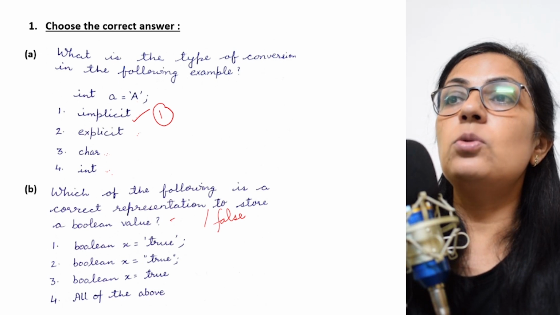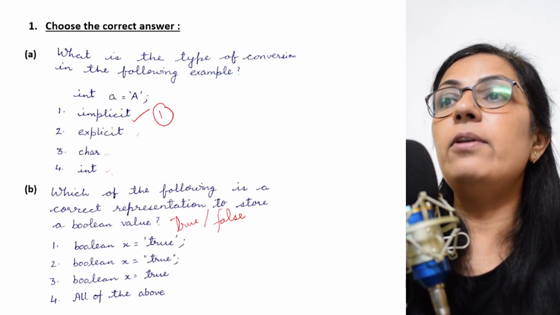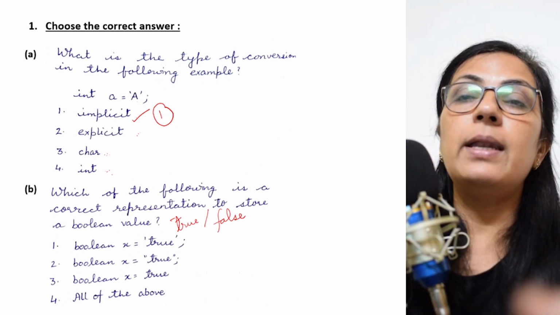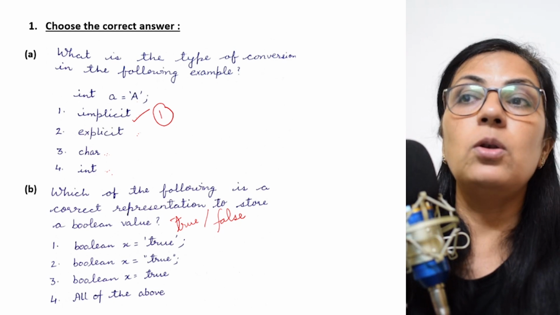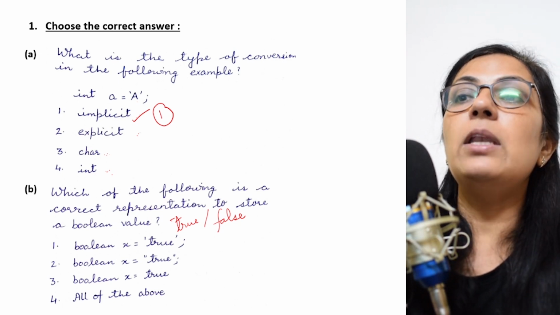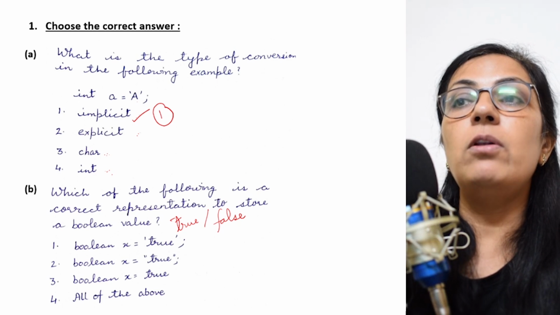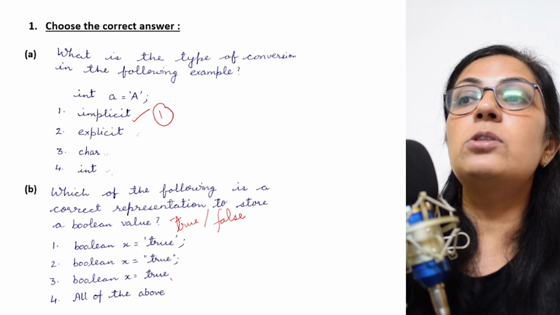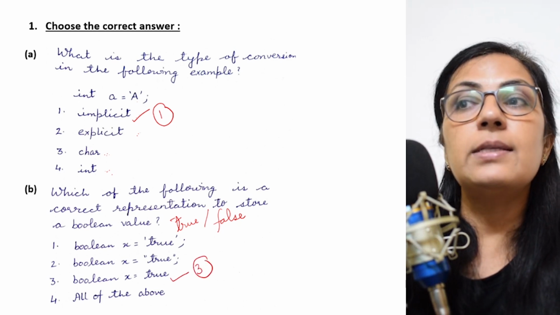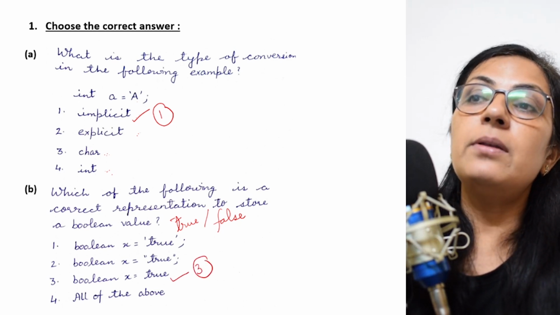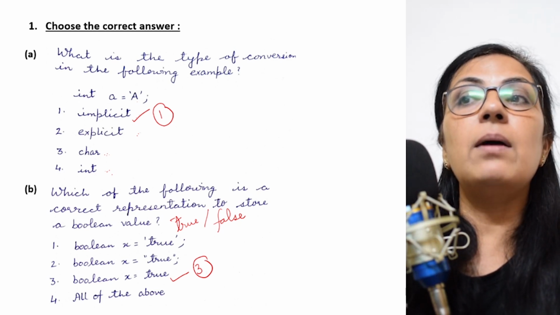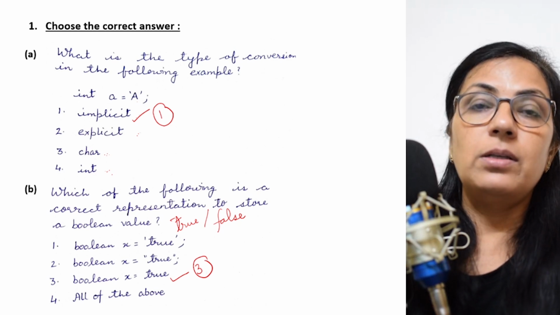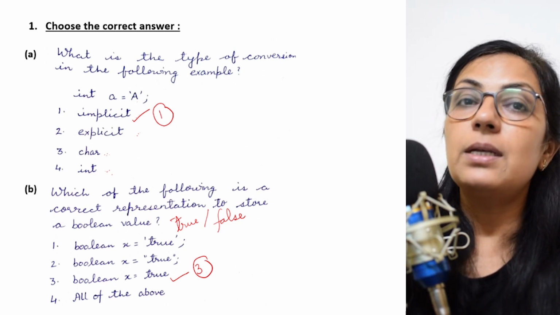Children, these two are the boolean values. You feel like that true, four letter combination, so this is string. No, this is a boolean value and a boolean value is always stored without any quotes. So boolean x equals to true, this option 3 is the correct answer. Many children put a tick mark on boolean x equals to within double quotes true, because true looks like a string constant, right? But it is not a string constant, it is a boolean value.